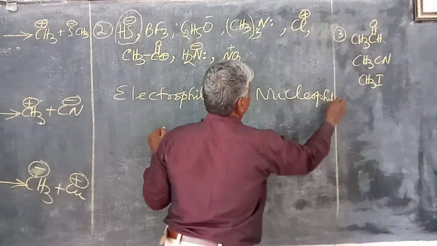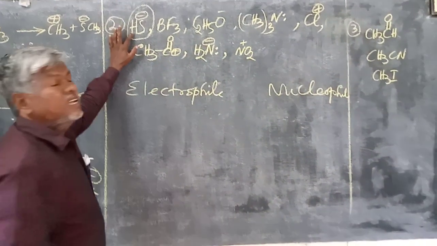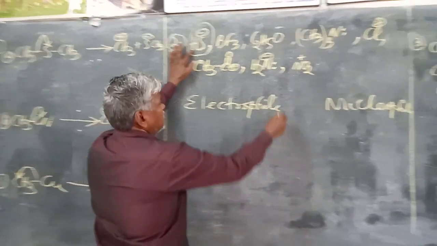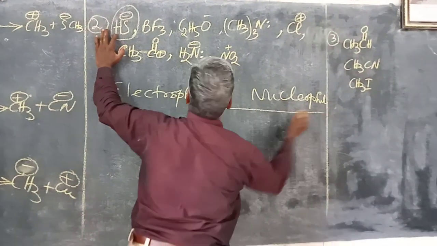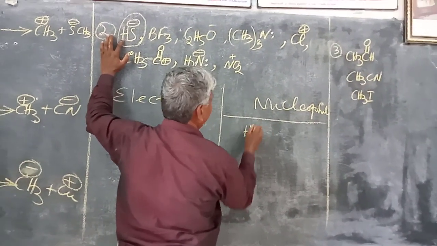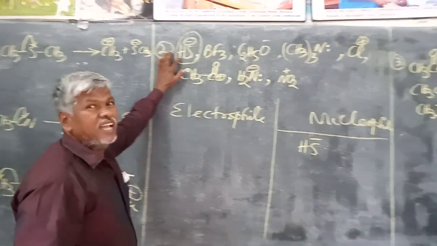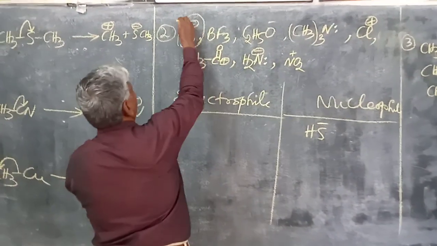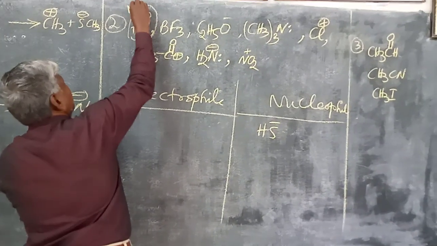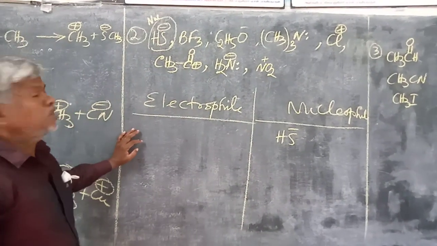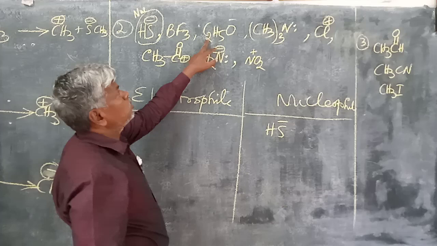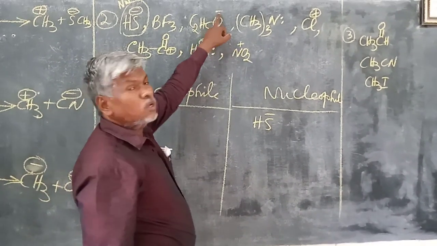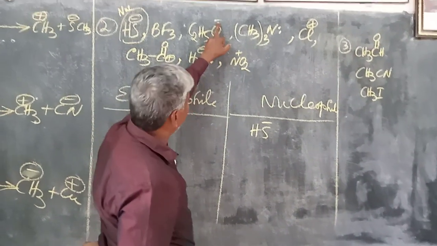The first one is coming under nucleophile because it is already having a negative charge. Therefore, SH minus or HS minus is a nucleophile, because it is rich in electrons, so it has the thirst for nucleus. And the second one, C2H5O minus, ethoxide ion, it is already rich in negative,